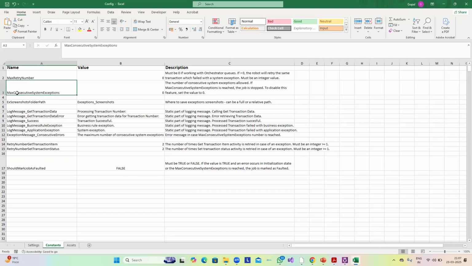Like this, there is a log message over here: get transaction log message, underscore, get transaction data. I don't want to write a hard coded log message. I would like to write it in my config file, and from the config file, on the basis of the key, I can pick it up and utilize that key in the log message activity. I'll not write directly as plain text there. I'll show you how it is being used, but just for understanding,